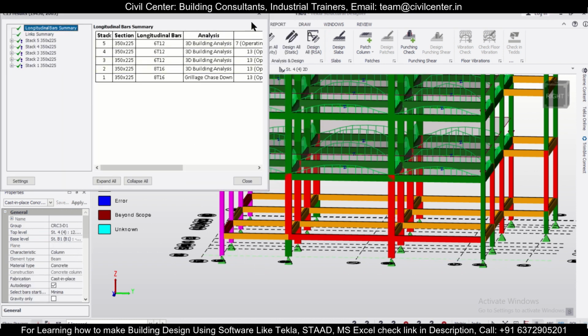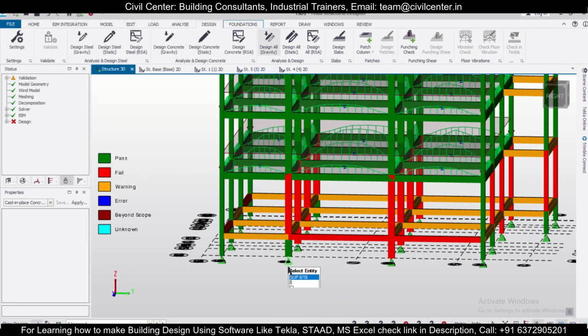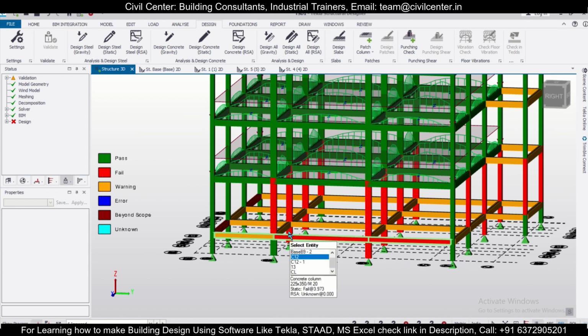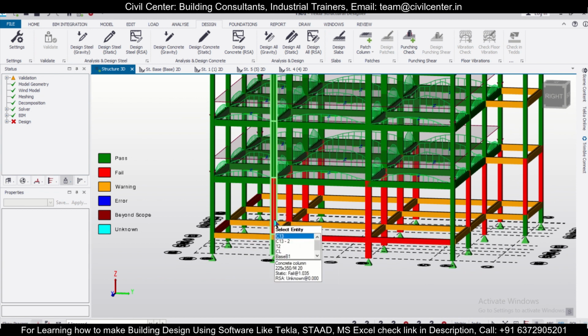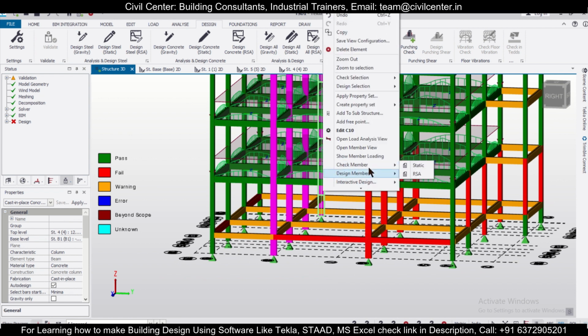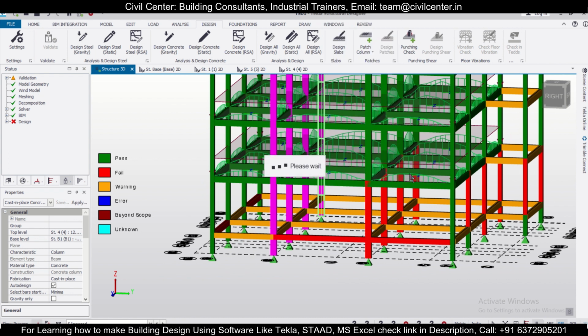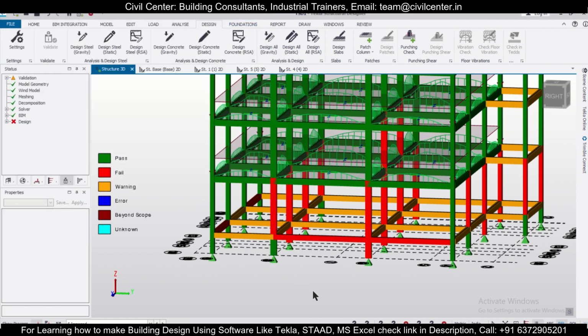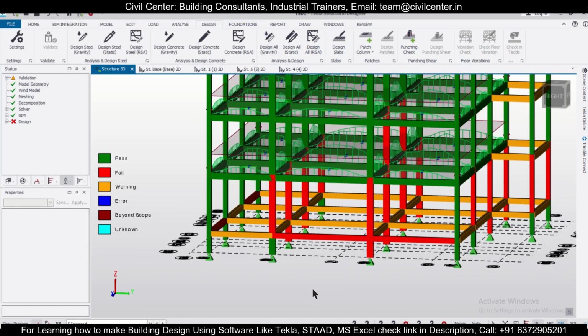Okay, 6 bars of 12 mm we have passing here. So now it's better. So this is already 225 into 350. Let's check, otherwise we'll change the orientation of it. Right click and then design member static. Okay, still it's failing in some parts.